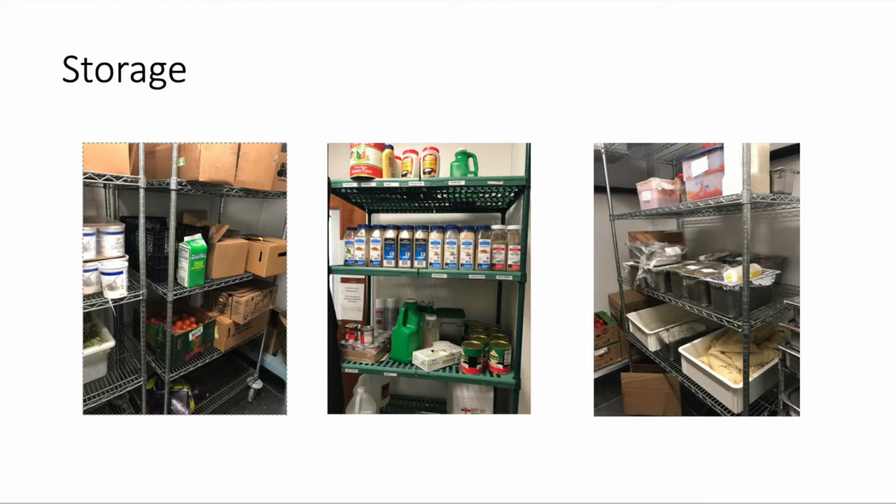These are the storage areas mentioned previously. The far left shows shelves in the walk-in fridge that have been organized and all boxes and items are labeled with the delivery date to make sure that the closer expiration dates are used first. The far right shows another section of the walk-in, organized with yeast, eggs, etc., that are all items used especially